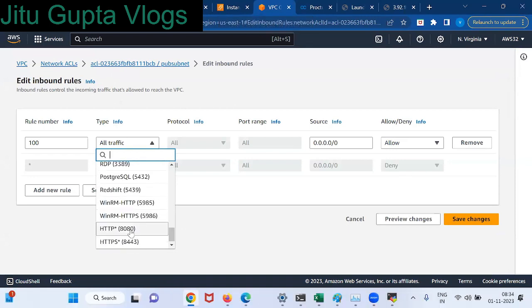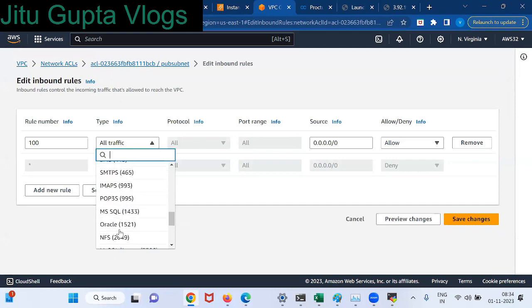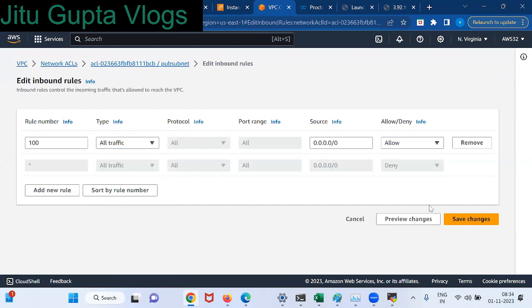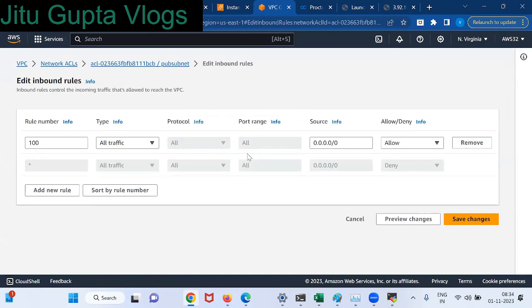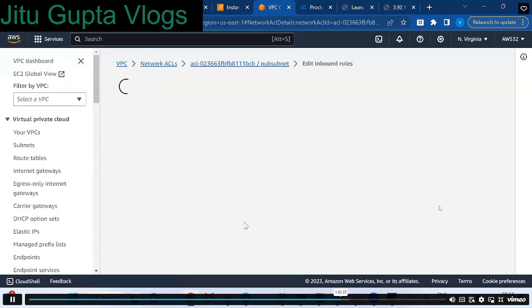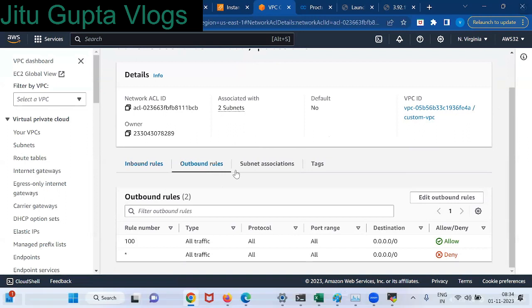SSH no. Oh, what is this, HTTP? Save changes. Okay, we can debug. So all traffic is working, right? So go to outbound rule now.